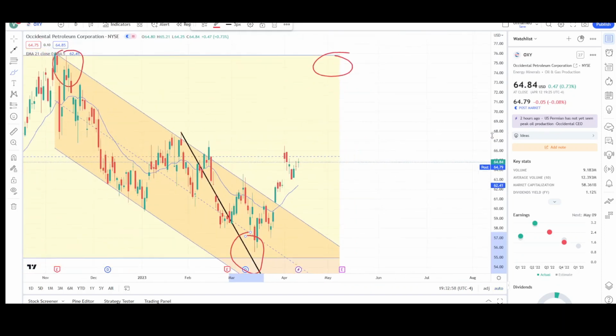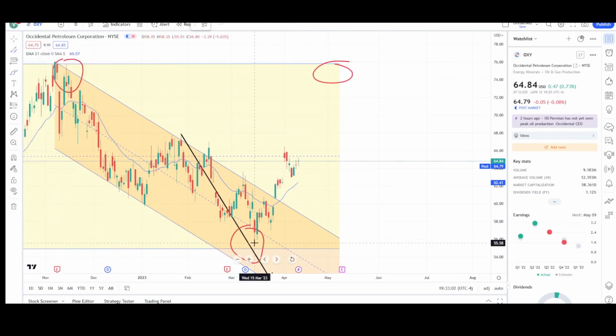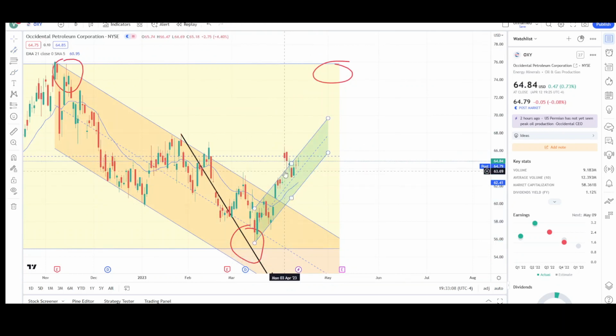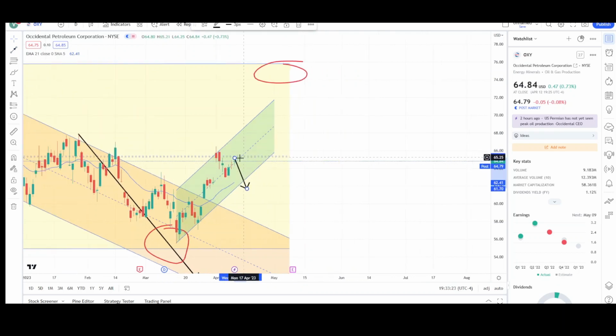With the caveat though, I want to see the sellers fail to drop the price down. So what do I mean by that? You can see there was this uptrend channel in play right here. Looks like we had an overshoot, but maybe it could be dragged up higher. It wasn't really confirmed off the top. Maybe it's like this. So if we see two legs down, that means the sellers tried to drop the market down twice. This would be the first attempt, and if this is the swing high right here,